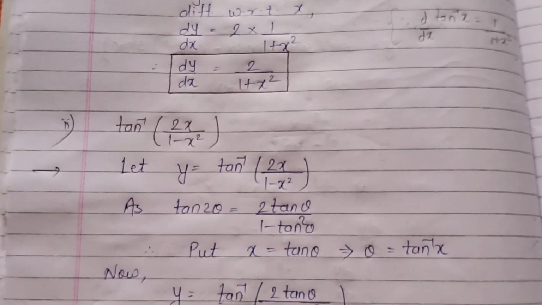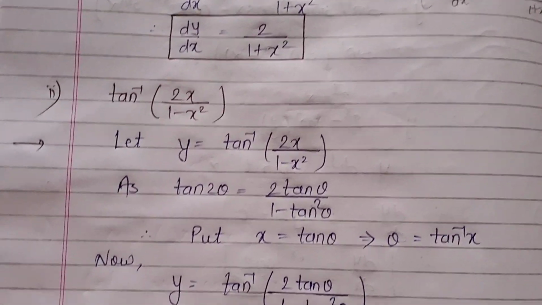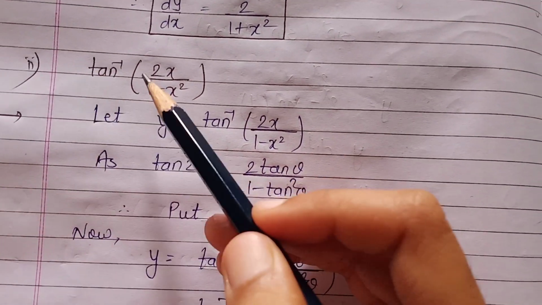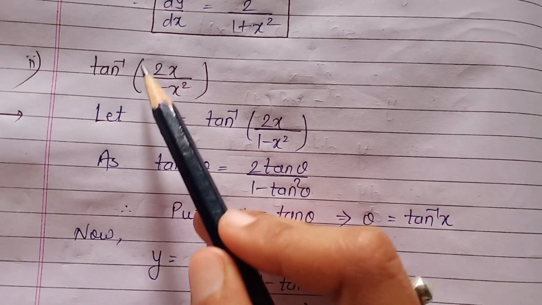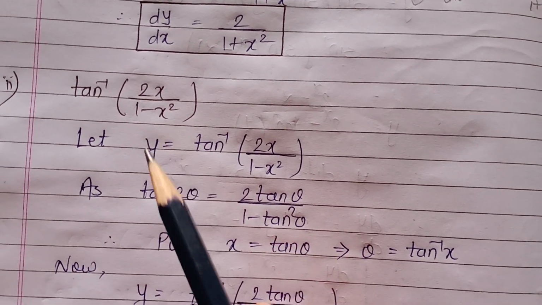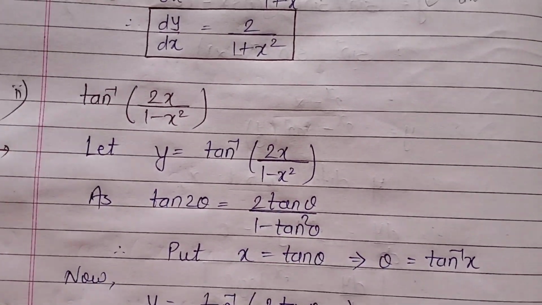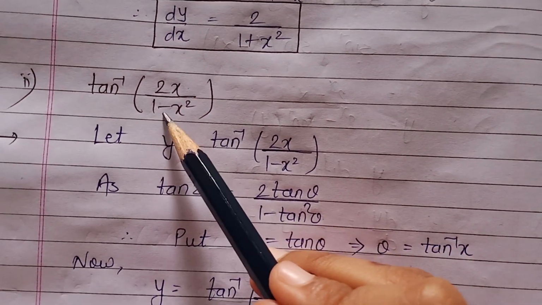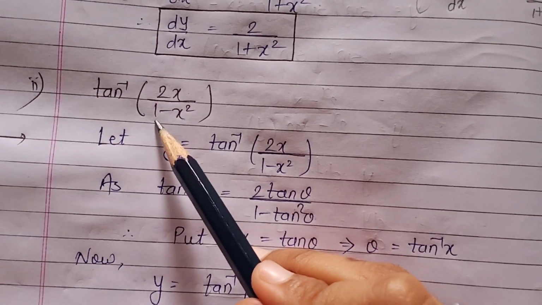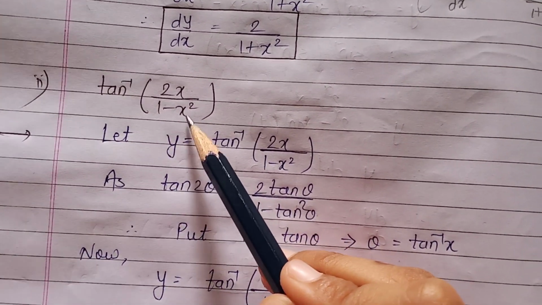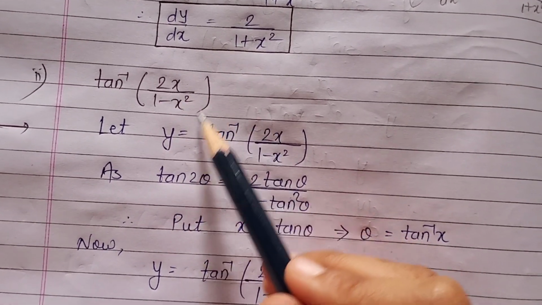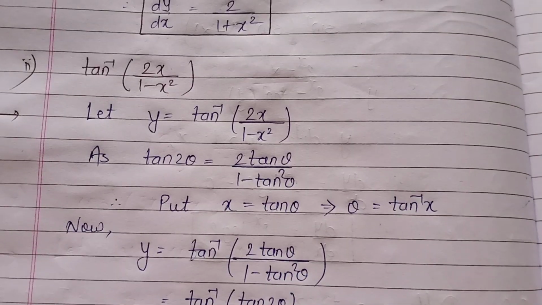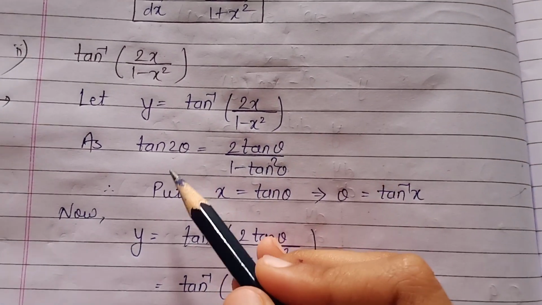Similar formats are there, which we discussed just now on that white paper. So this is tan, meaning we have to bring tan inside. And what does this format look like? See, as it is tan, if we put tan theta here, it will be 2 tan theta upon 1 minus tan square theta. So in the denominator 1 minus tan square theta comes, along with 2 tan theta as the numerator, for the tan 2 theta formula. If you want, you can write those formulas here to recognize them. So write that if you want.